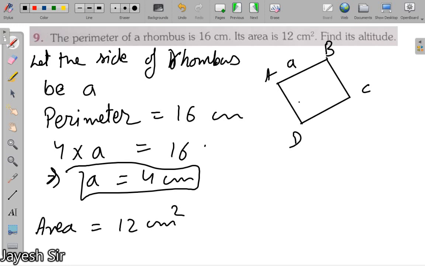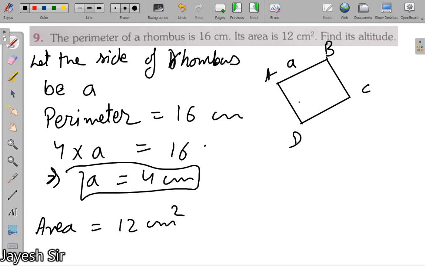Now students, listen carefully to what I am trying to say. A rhombus is also a kind of parallelogram. What was the definition of a rhombus? A rhombus is a parallelogram whose all sides are equal. That means a rhombus is also a kind of parallelogram. That also means that all the formulas that were applied to a parallelogram are also applicable on a rhombus. I've told you earlier that the area of a rhombus is half into the product of diagonals, but we can also say that the area of a rhombus is equal to base into height.